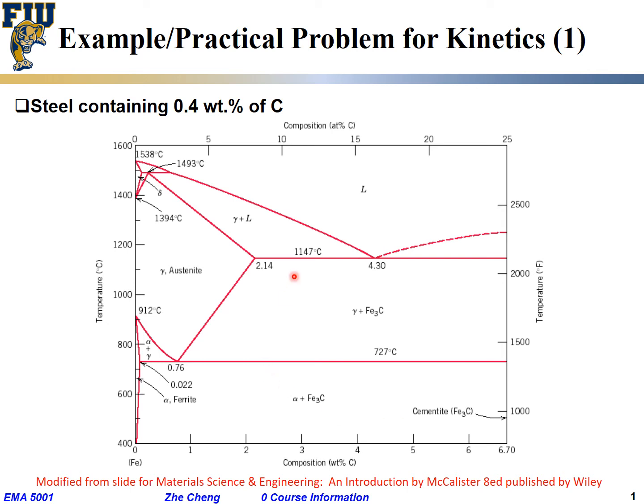Okay, so now let's look at a phase diagram. This is what phase diagram? Iron-carbon, the most important phase diagram that mankind ever studied. For a chemist background, maybe you don't appreciate that much, but for anyone who studies material, this is the most important